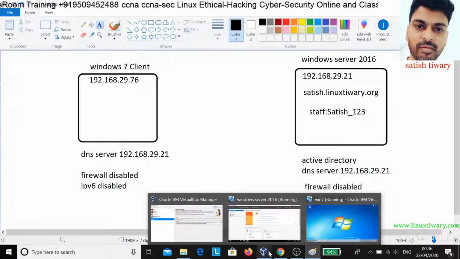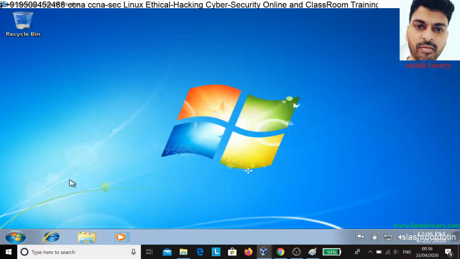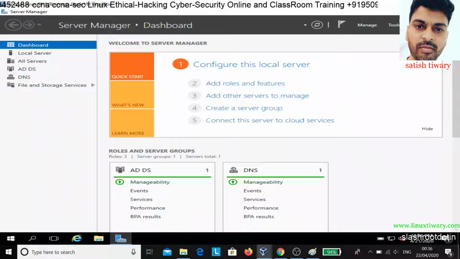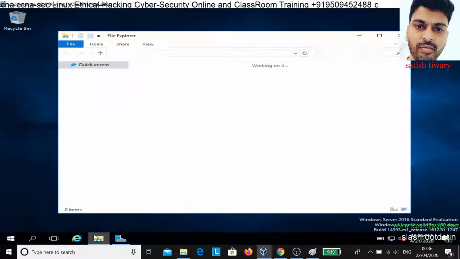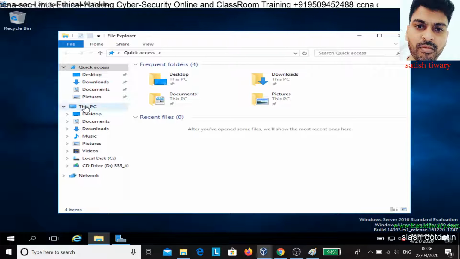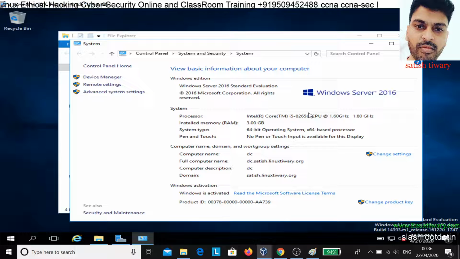Let's now go to the client machine, Windows 7. What is the name of this PC? Windows Server PC. You can just right click and click on Properties. You can see the computer name is DC.